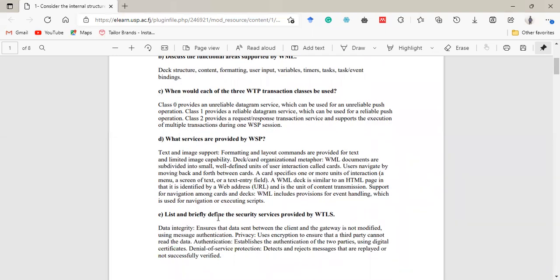List and briefly define the security services provided by wireless. Oh, sorry. It's known as, let me just quickly check. WTLS. It is the Wireless Transport Layer Security, right? WTLS is the Wireless